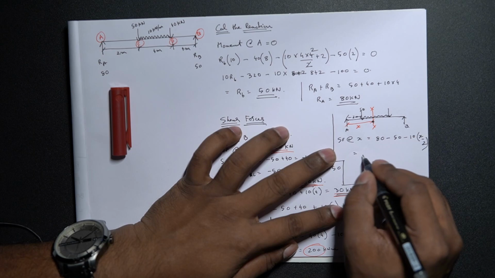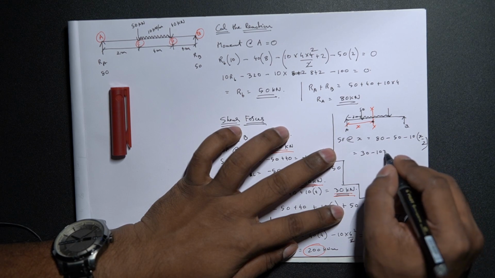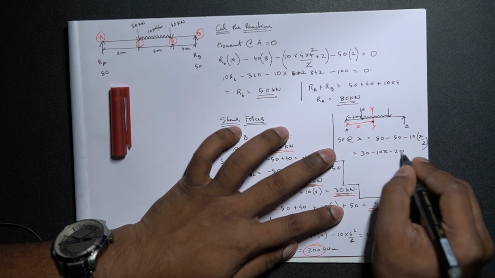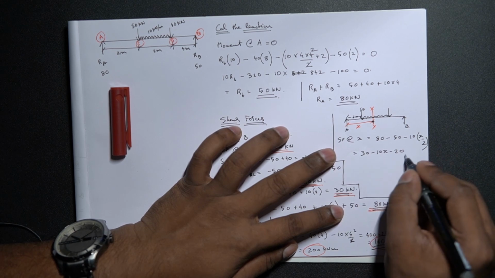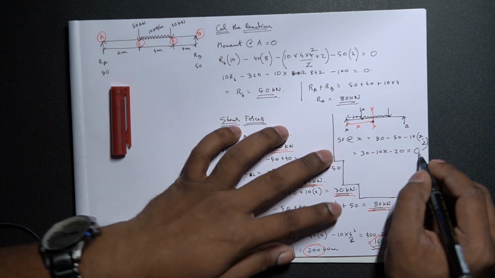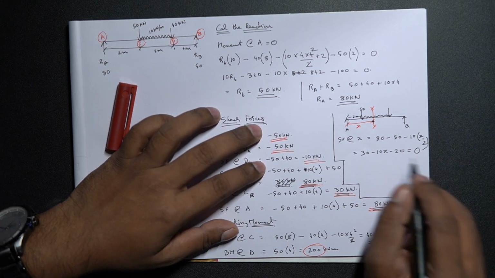So this would give us 30 minus 10x minus 20, and all of this should be equal to 0, because we want to calculate at what distance the shear force would be absolute 0. So that would give us